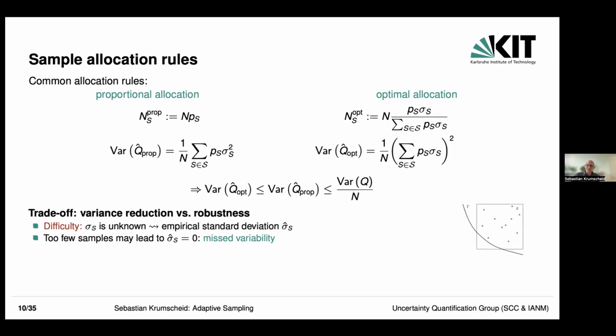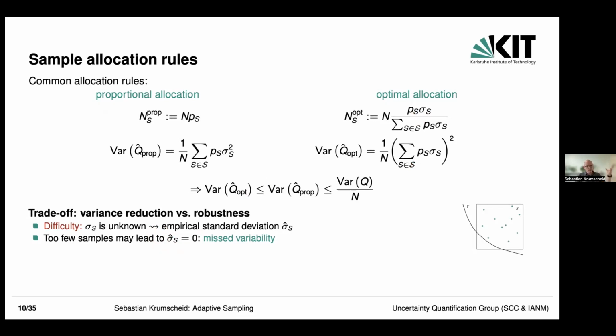And if you don't, then we are in a bit of a pickle. If you're estimating this standard deviation sigma S, and you have, let's say, a piecewise constant function where gamma is the parameterization of the curve where our function jumps, and if we have too few samples inside our stratum S that all live on the same side of this jump discontinuity, then the variation is 0. So our estimator for sigma S would be 0. So we are drastically underestimating the variance, and this is of no use anymore. Okay, so that's really the difficulty here.